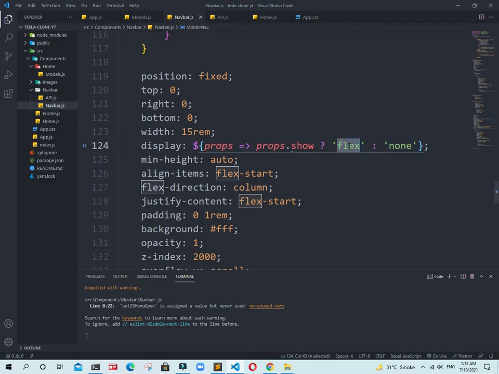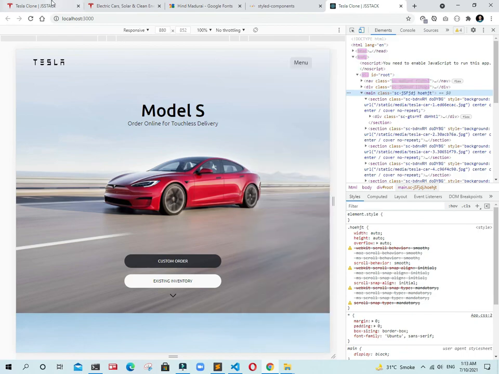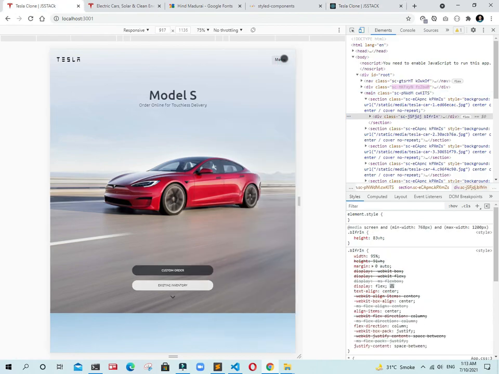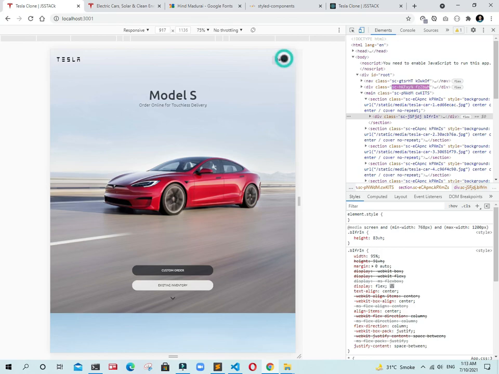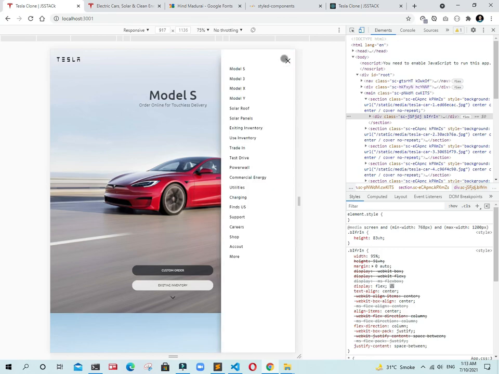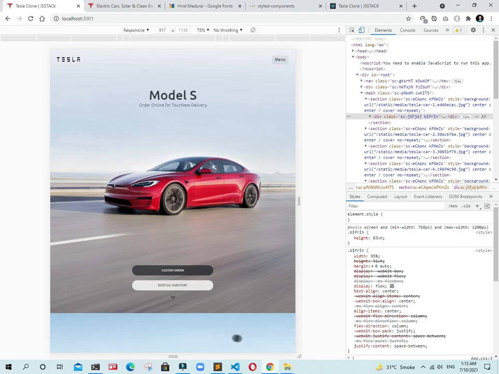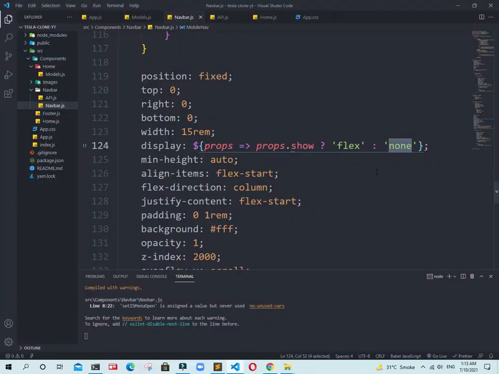When we need display flex and when we need display none: when I click on this one, it goes to none, and when I click this one, it goes to flex. This is the main functionality. In simple words, when I click this one it is show, when I click the other it is none. This is the working of that statement.